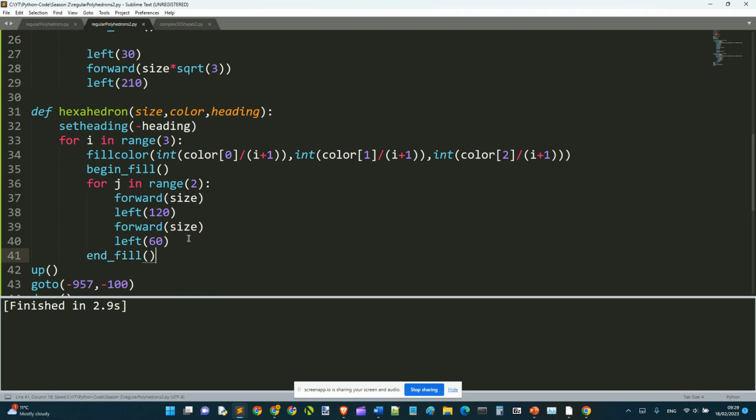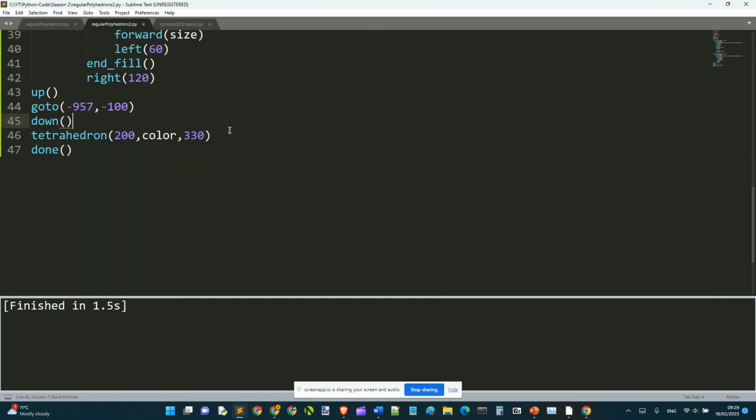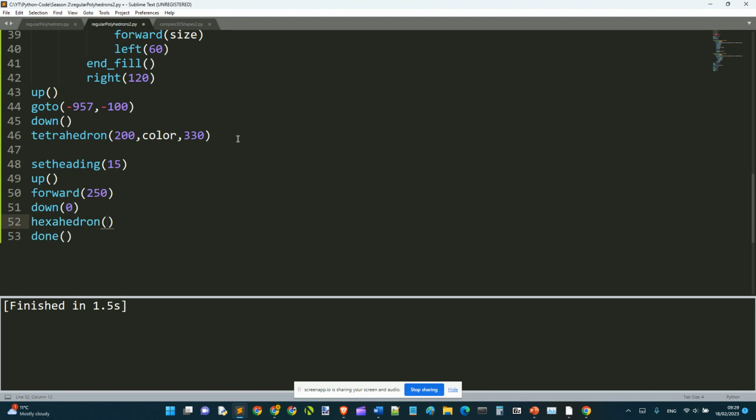There we go. And then to turn right 130 to configure for the next rhombus. So I know it's not going to draw anything yet, but set heading 0, and then actually not set heading 0, set heading 15, up, forward 250, then down, and then hexahedron 200, color 330, and